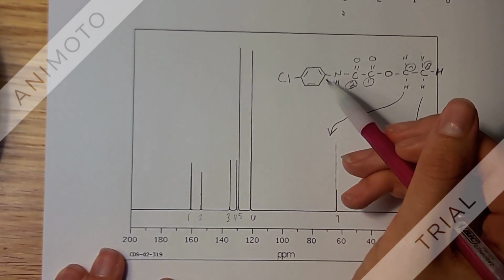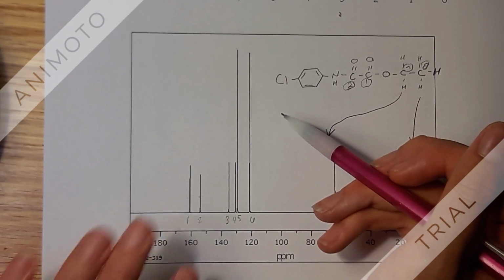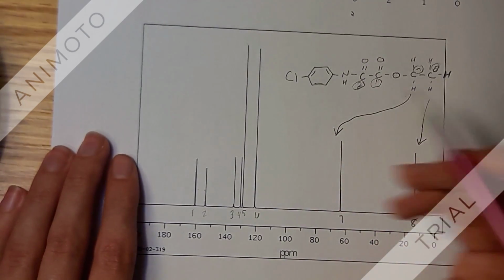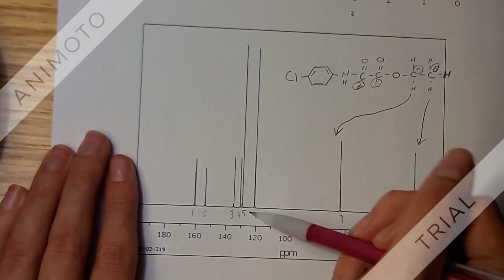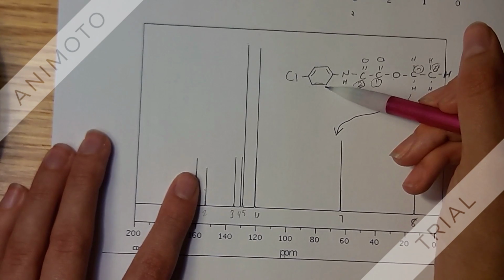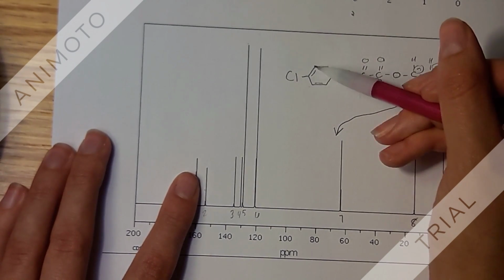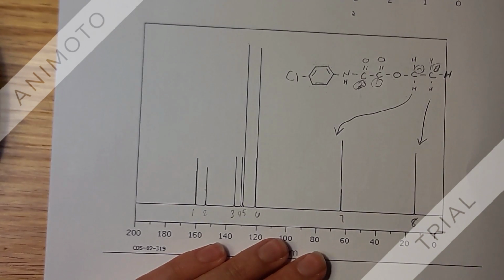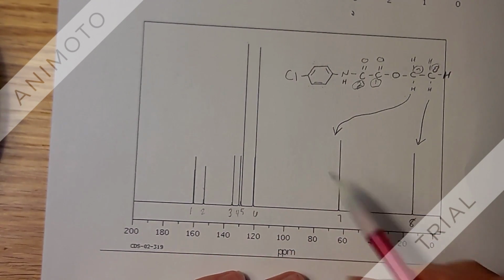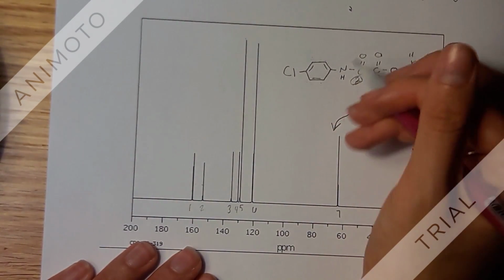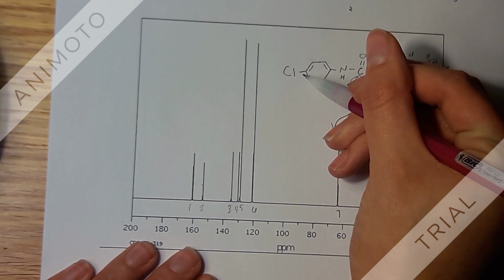So finally we have our aromatic carbons right here, and there's 6 of them. We only have 4 left to assign because these carbons opposite of here tend to flip around, so they're not assigned as accurately, and they can kind of be flip-flopped within the spectrum. So this one right here, since it is bonded to a chlorine, it's going to get